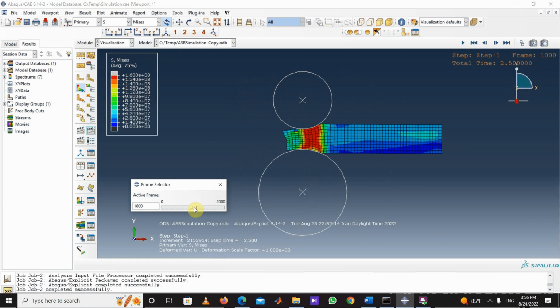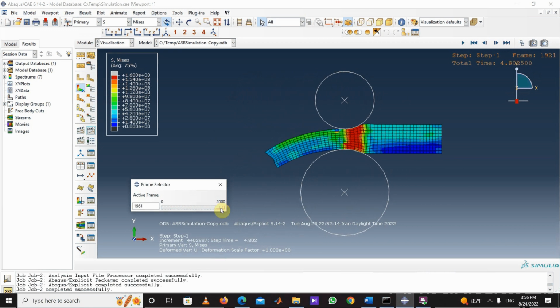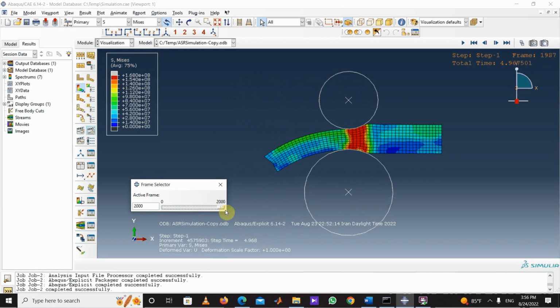Well, in the frame selector I do it faster. So ski effect also is apparent,